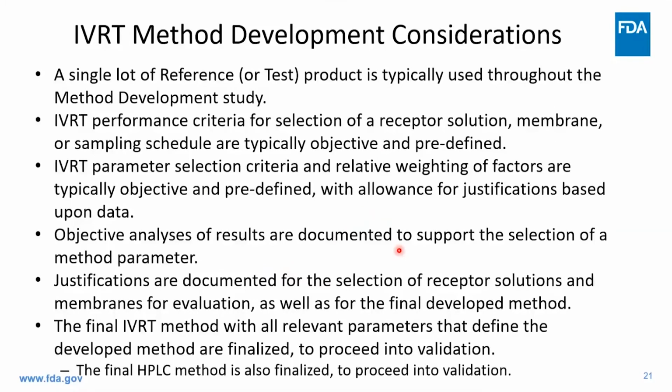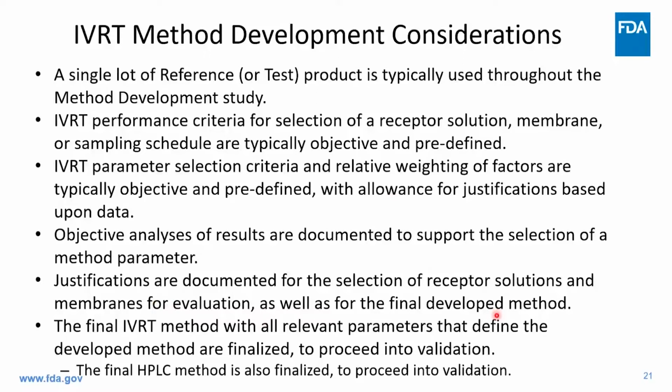Okay, so final method development considerations to recapitulate. A single lot of reference product, or sometimes test product, is typically used throughout the method development study. The IVRT performance criteria for the selection of the receptor solution, the membrane, or the sampling schedule are typically objective and predefined. The IVRT parameter selection criteria and the relative weighting of those factors we talked about are typically objective and predefined, with some allowance for justifications based upon the data that you're seeing. The objective analysis of the results is documented to support how you arrived at the selection of the method parameters, and the justifications are documented for the selection of receptor solutions and membranes for evaluation, as well as for the